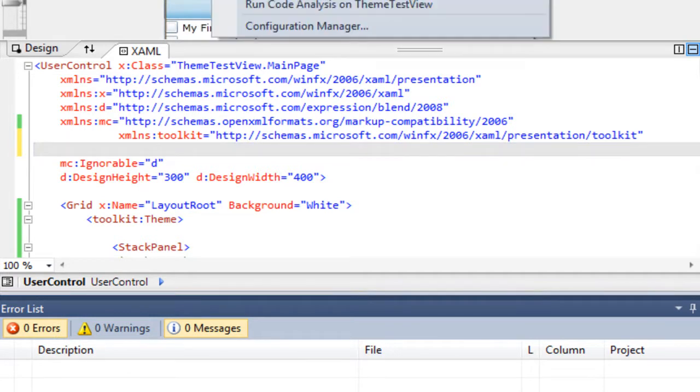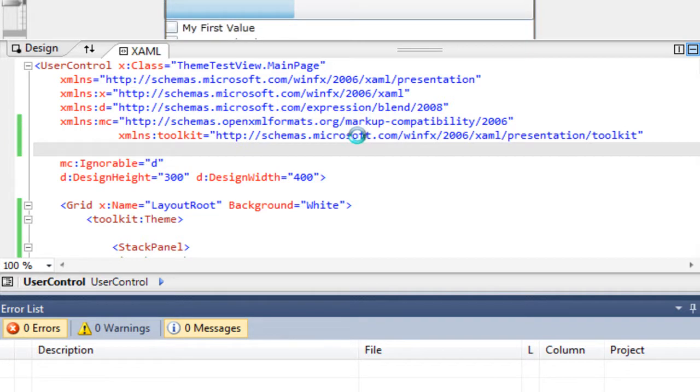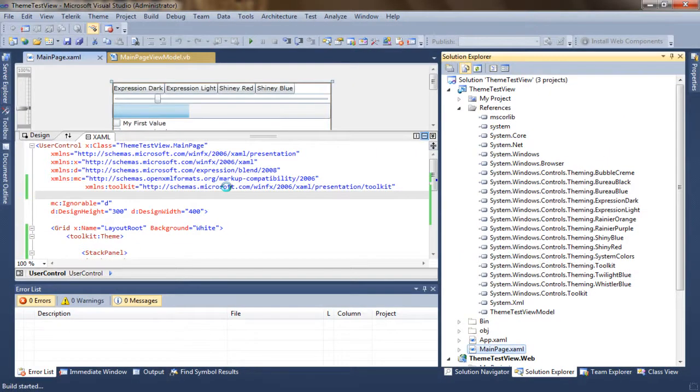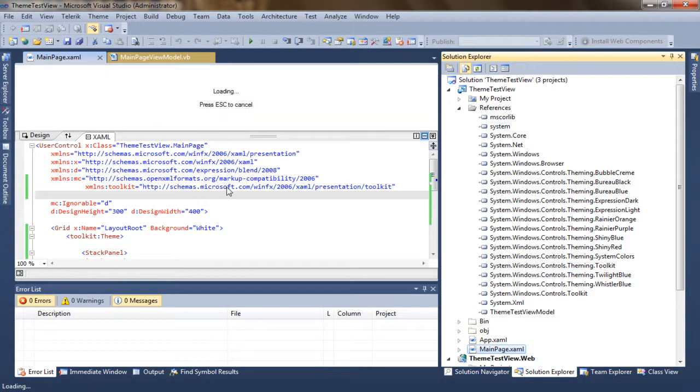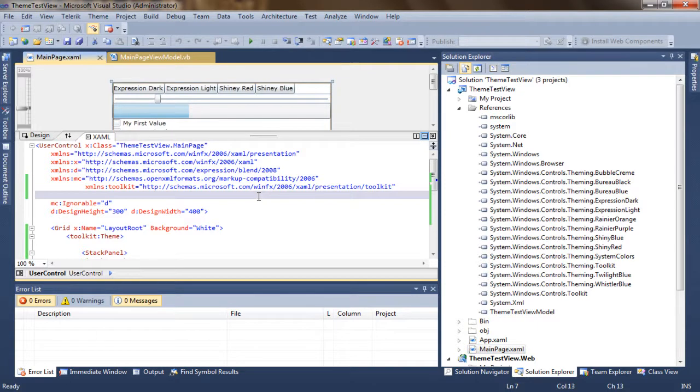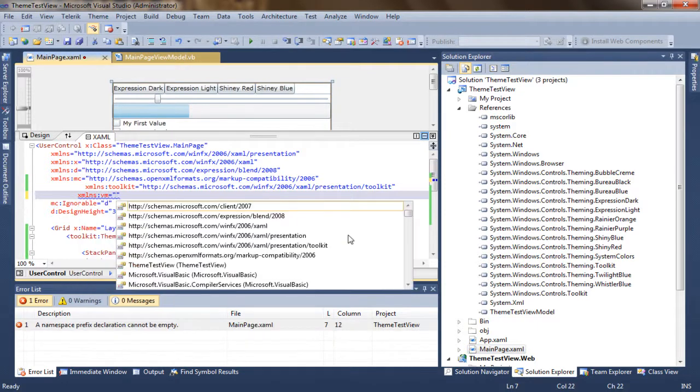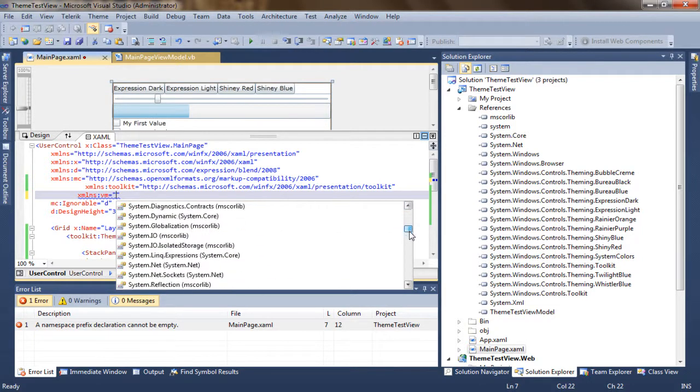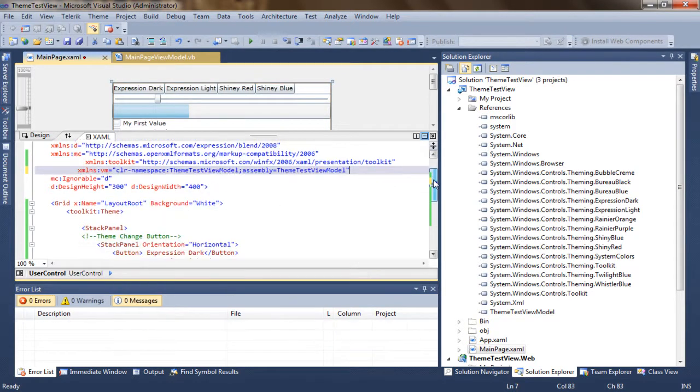Okay, let me just build it first. Hope there is no error. Okay, so build successful. So now I'll try to look at where is this view model thing. So okay, so it might be down below, because this is, yeah, so ThemeTest.ViewModel, and